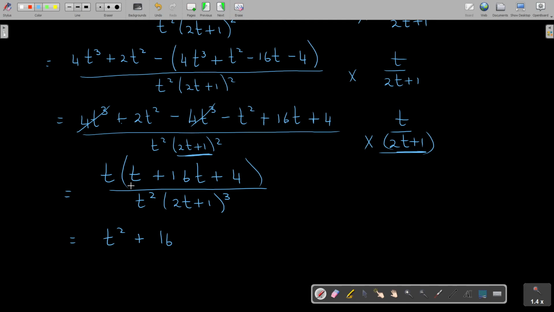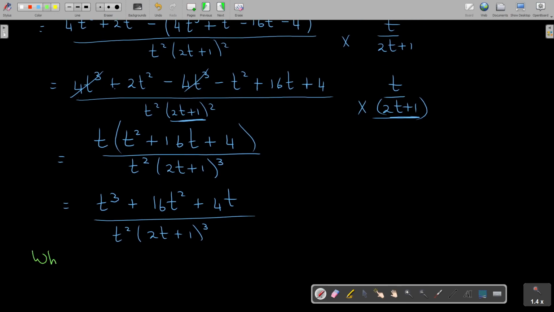Okay, let's just see. I think there was a mistake. This was supposed to be a square. Do you see? Because it was that one. Oh, so many. So this is going to be 3. This is going to be 16t squared. This is 4t. Okay. Over t squared, 2t plus 1 to the power of 3. Okay. So when, and continue,